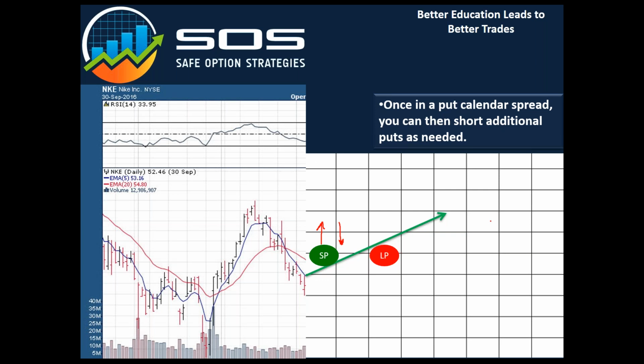The value of it, the price of it, is moving down, correct? If we started out with this short put right here, and let's say this is maybe the 40 strike price short put, and when we opened this trade, we brought in $1.30 per share, that was the credit that we took in on the short put. And we did that because we thought the stock was going down, and even though this would be going up in value, this would be going up in value faster, right? That's the simple